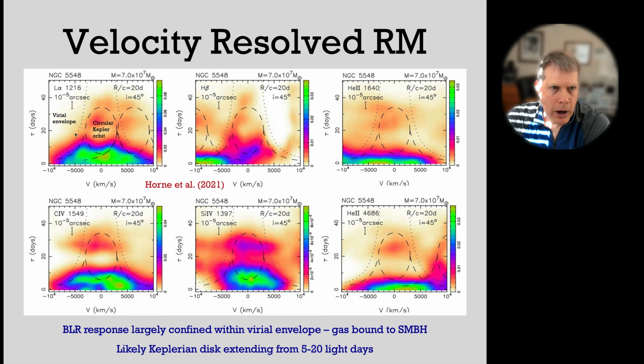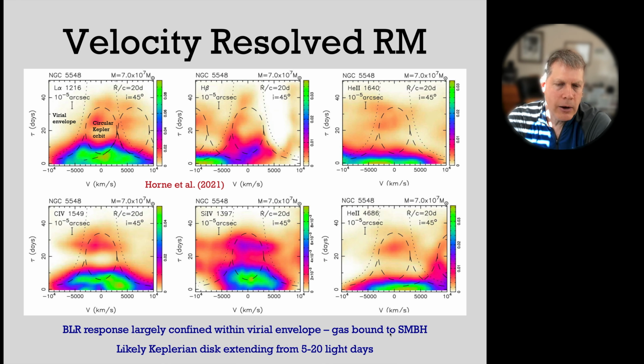And broadly speaking, there are a couple of things to note. First of all, you can see that the general BLR response, which is what these color scales show, is largely confined within an expected virial envelope, indicating that the gas is indeed, in this system, bound to